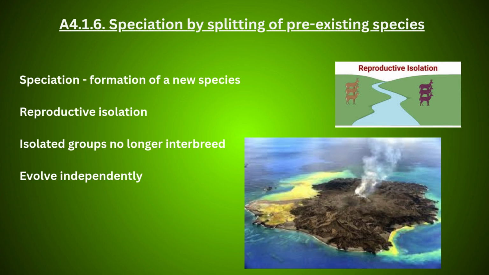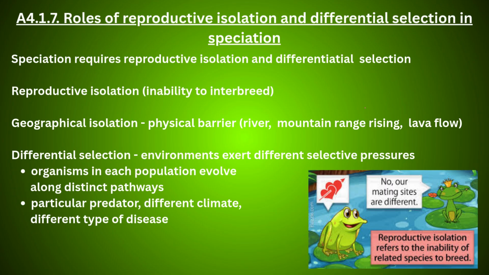Even if these populations were later brought back into contact and given opportunities to interbreed, they would be unable to produce fertile offspring. Once they reach this point, they are considered different species and speciation has officially occurred. This process requires two key elements to be true. The first key element for speciation is, as we have discussed, reproductive isolation, whether it is geographical, behavioral, or otherwise